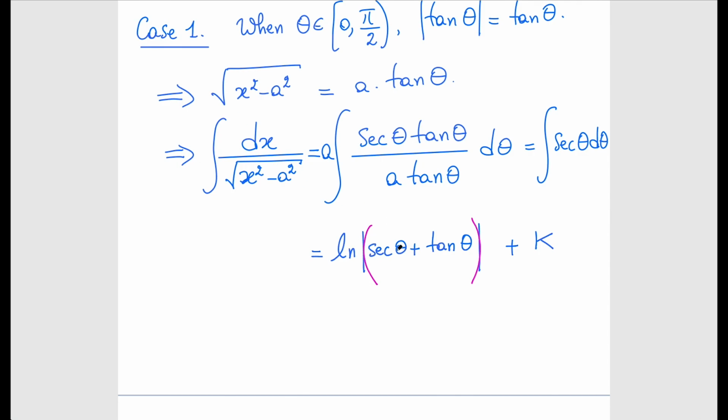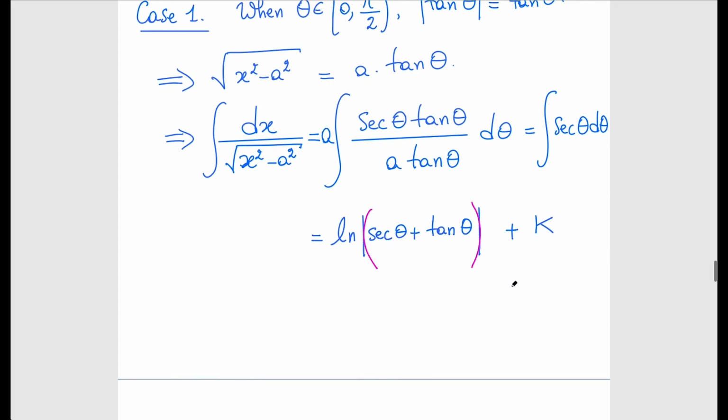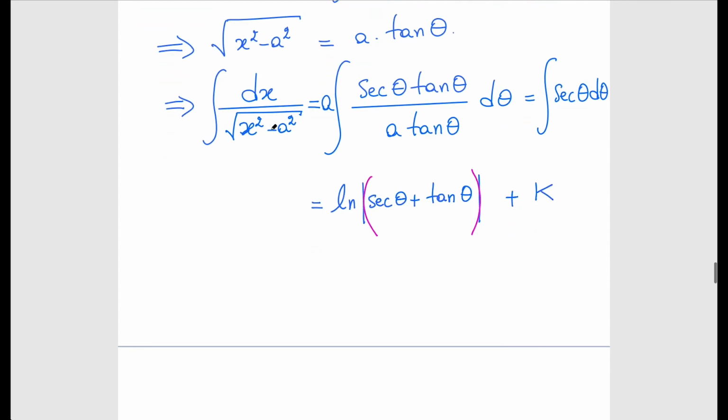Don't forget, we still have to consider case 2. I'm going to complete case 1, and I'm going to get you started in case 2, and I want you to finish it on your own. So let's complete case 1. So this is equal to